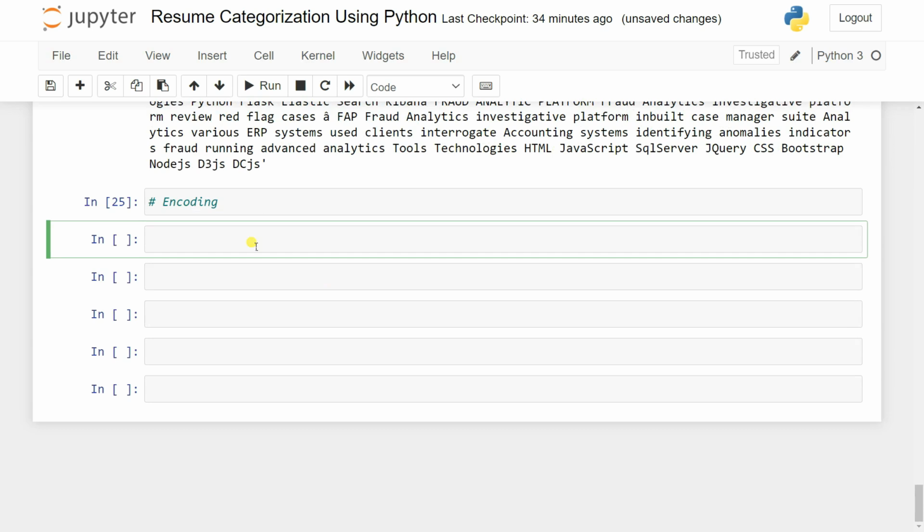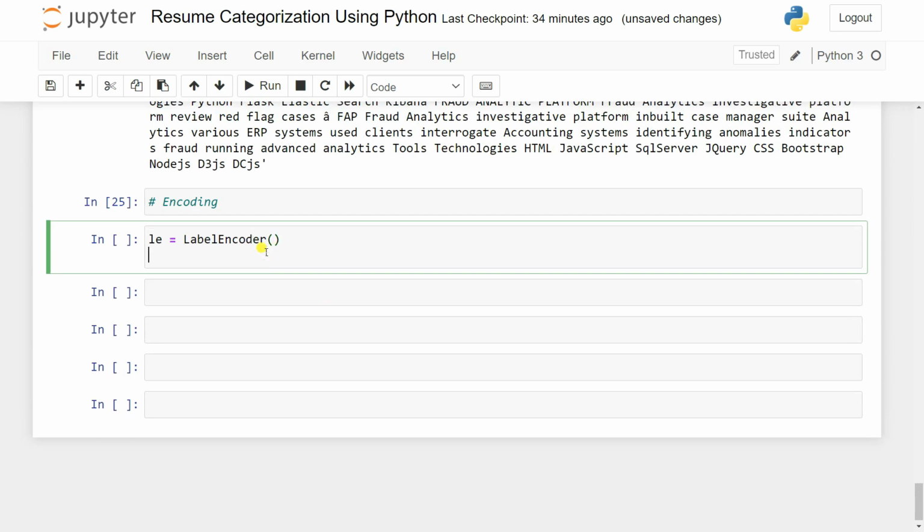Here we can create one instance of the label encoder, let's say le. It is also called one hot encoding, or you can also do the mapping. So let's say le dot fit, and we can use here df